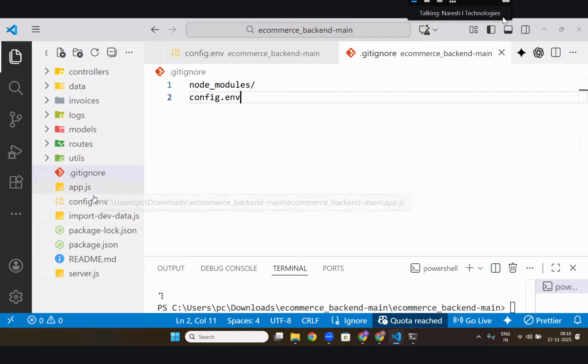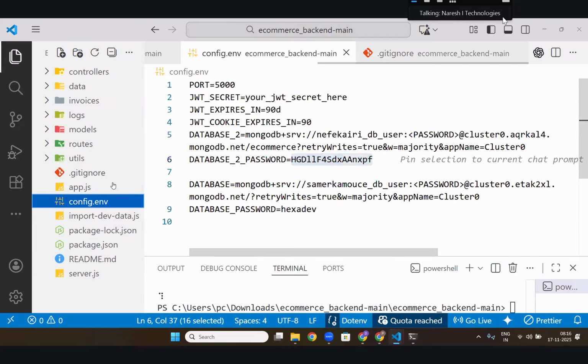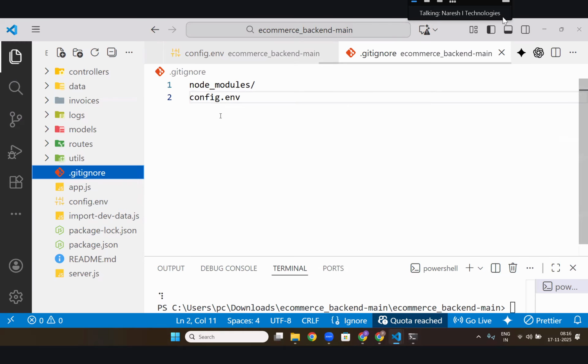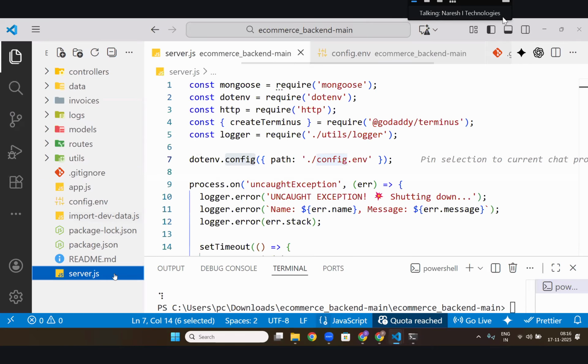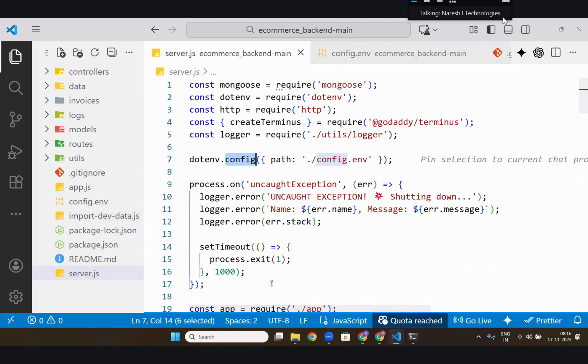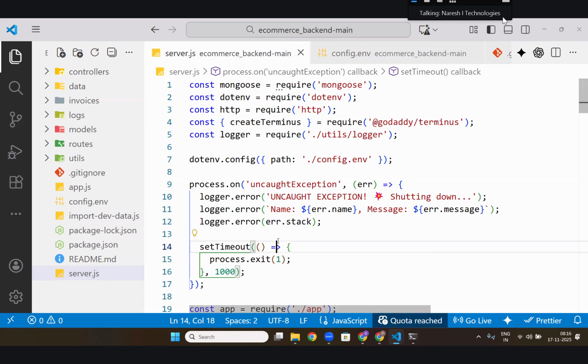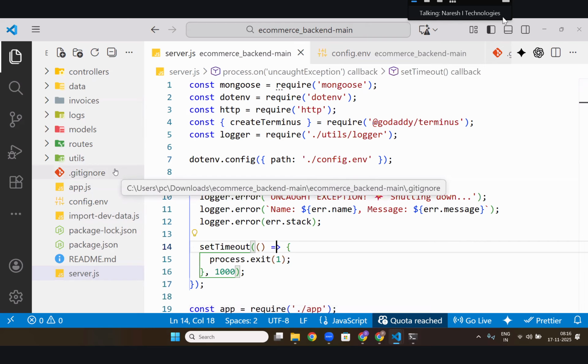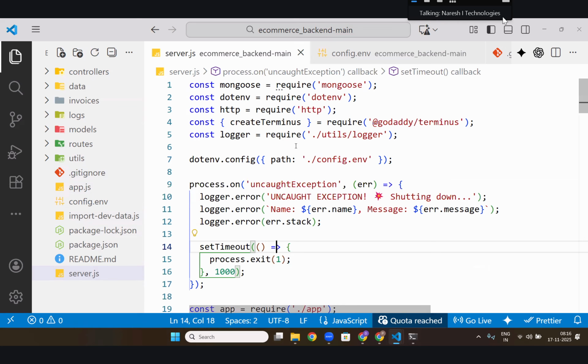You will keep your keys in the env file, and you have to keep it in .gitignore. When I explained to you, I did not keep that env in .gitignore. I gave the env file directly because someone asked for the env also. But in real time, people keep this env in .gitignore. So when you take it, it will not come.